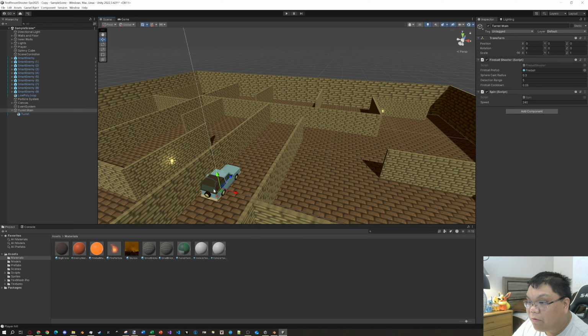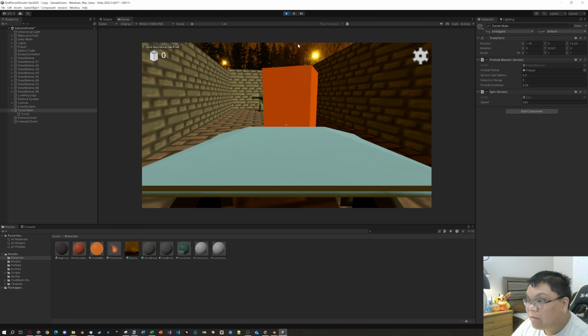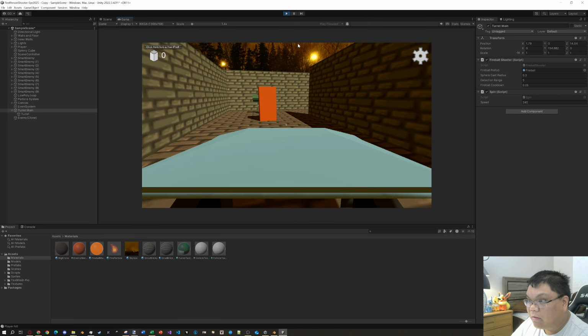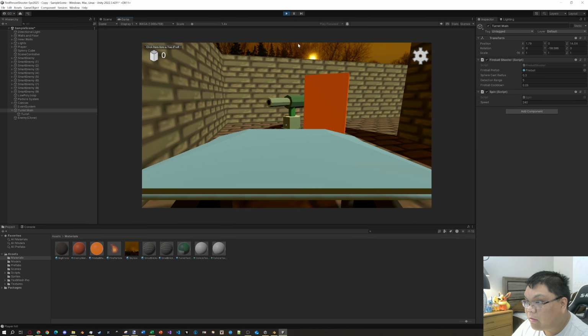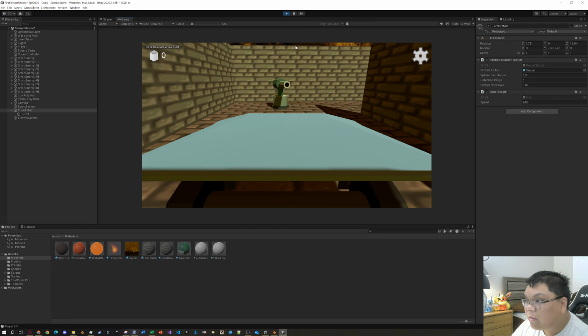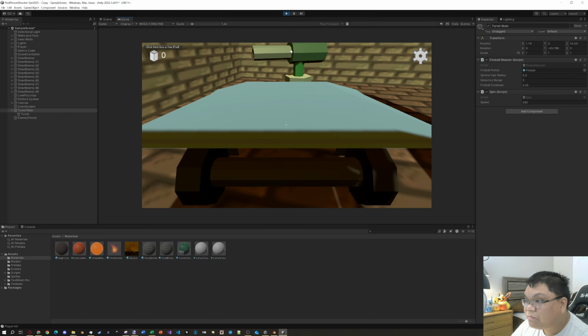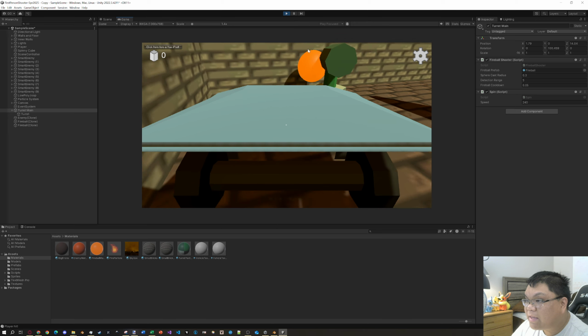So hopefully now, if I drag the parent game object over here on the side, it should start shooting at the player. Okay, so it's not quite there. So the problem is this: